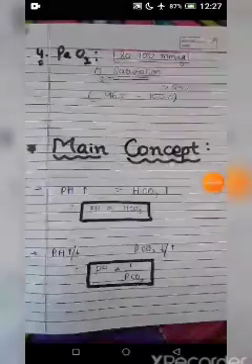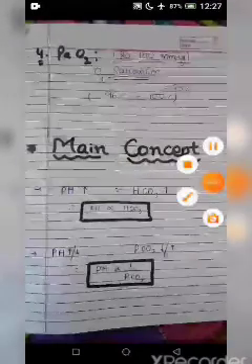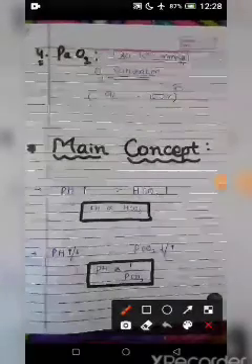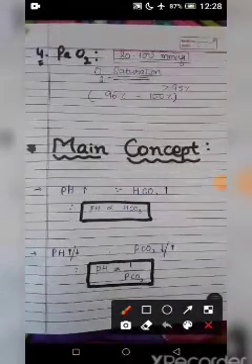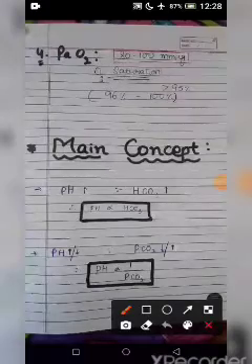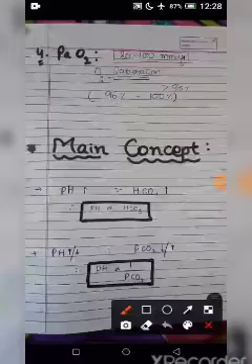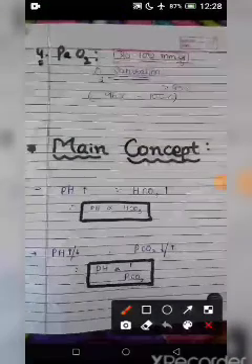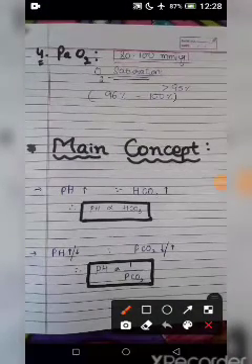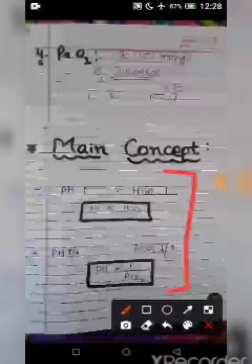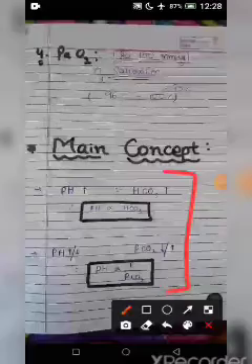Next we will discuss the main concept, because if this concept is clear, we will solve all the MCQs related to alkalosis and acidosis, either respiratory alkalosis and acidosis, or metabolic acidosis and alkalosis. So we should clear this concept. So the concept is,